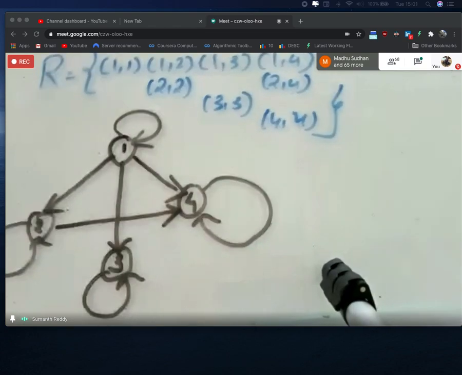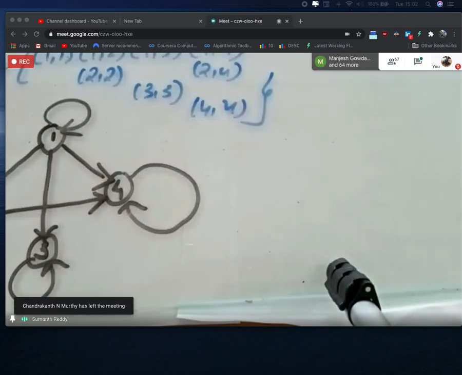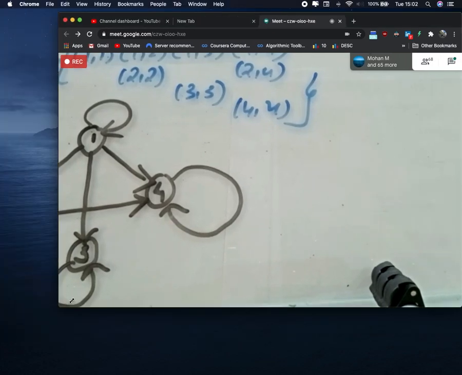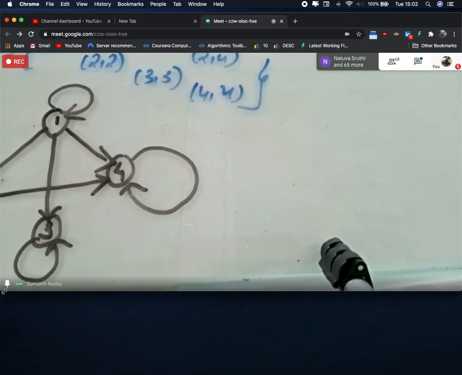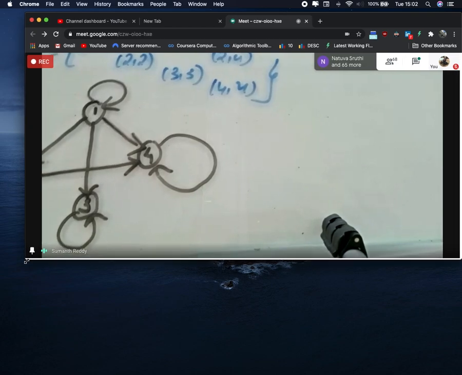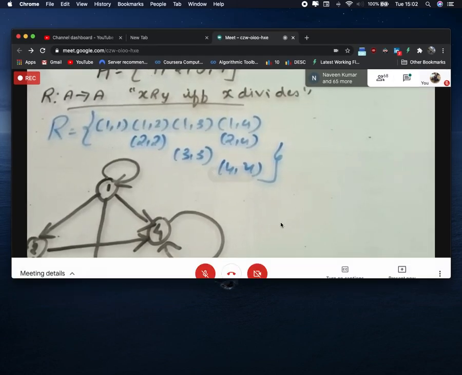Now, this Hasse diagram is a simplified representation of a relation. If I have to represent the relation in the form of a Hasse diagram, I need to follow 3 basic rules. The first rule is no need to explicitly represent the reflexive relation. For that, I will tell you one hint. Whenever you want to write the Hasse diagram, always look for the least element. What do we mean by the least element? The least element is the one which is related to all the other elements. When you look at this relation, 1 is the element which is related to all the other elements like 2, 3, 4, so I can call it the least element.